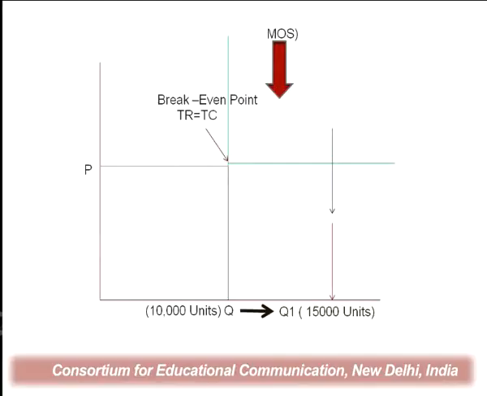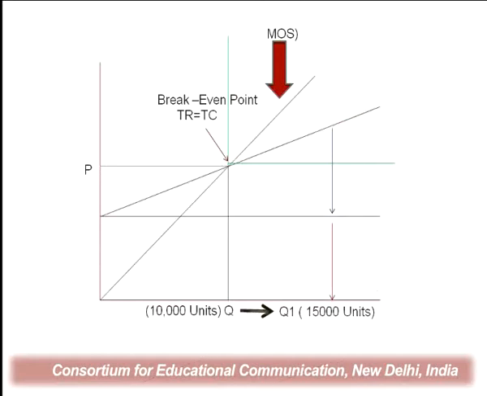Now suppose I have to show the computation of break even point along with the margin of safety. Let me show you: on the x-axis we will show the units, on the y-axis we will show cost and revenue. Again I am drawing the total revenue curve and the total cost curve. The total revenue curve is here, and this is the total cost curve. The point of intersection is known as the break even point, which I explained just before.